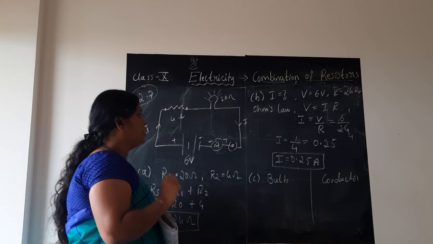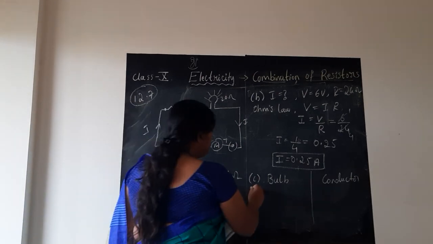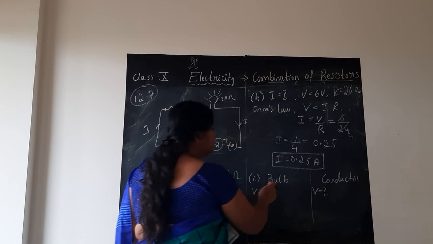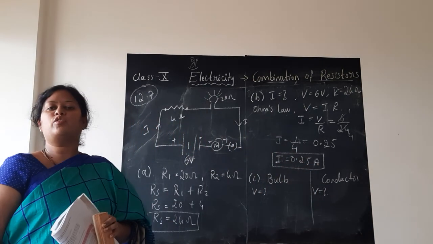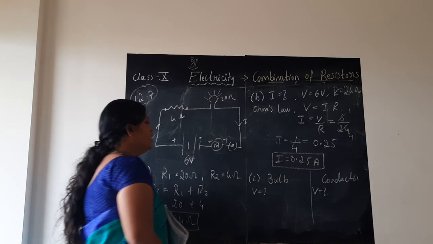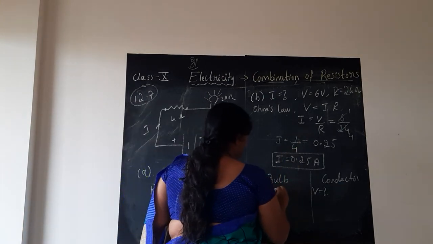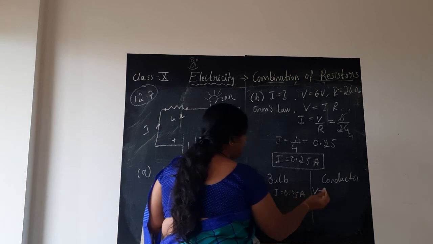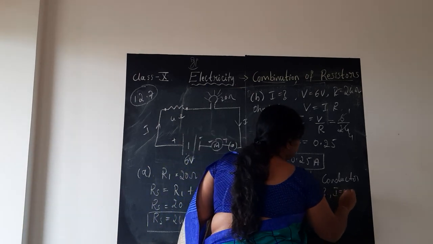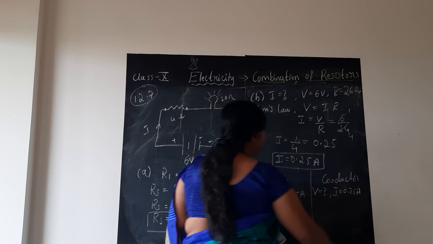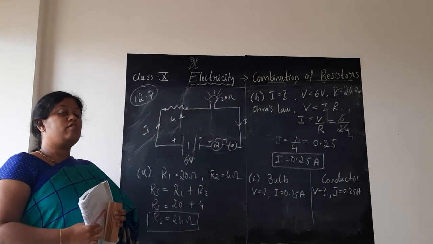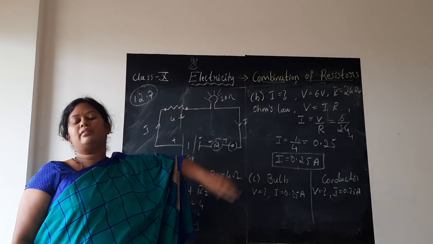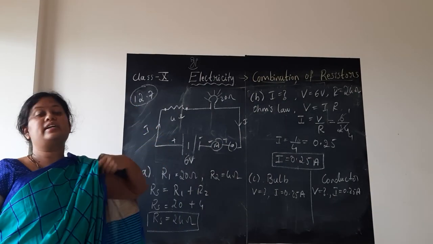In order to find the potential difference, they are asking us to find the potential difference across the bulb and conductor, which means clearly that in both cases V is the question mark. So again from Ohm's law, what is current I? Just now we found it, 0.25 ampere. Here also the current remains the same, 0.25 ampere. How can we write confidently that in both cases I is 0.25 ampere? Because the conductor and bulb are connected in series, the current is the same.